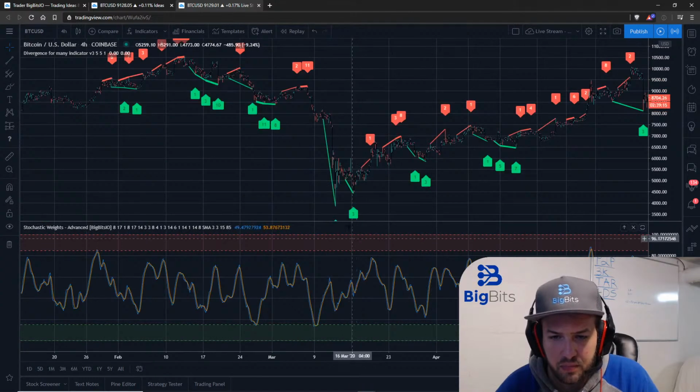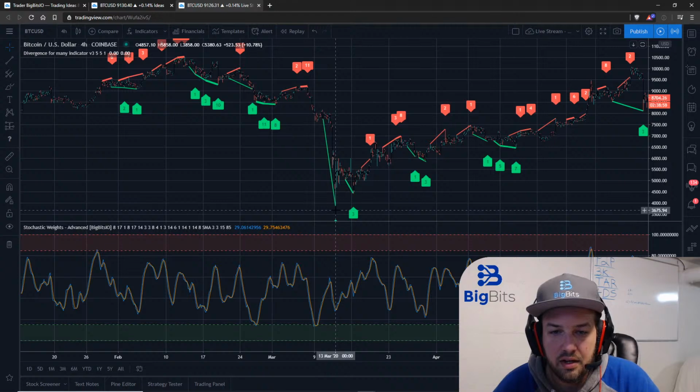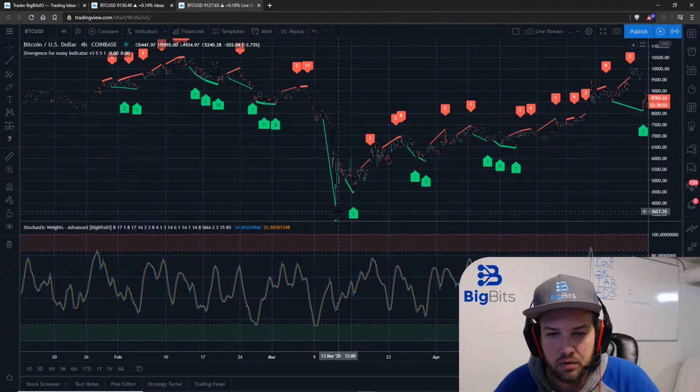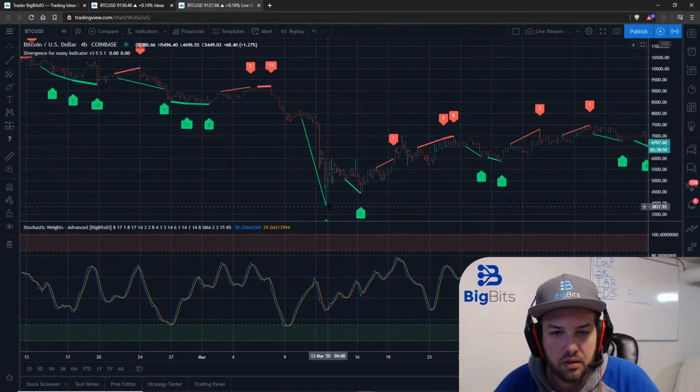So if you can find a divergence with this and a divergence here, for example, right here, you would have looked for a divergence continuing down, but then what I'm trying to do is look for a divergence that no longer exists when there's a crossover. So there's a crossover pretty much immediately following the divergence,